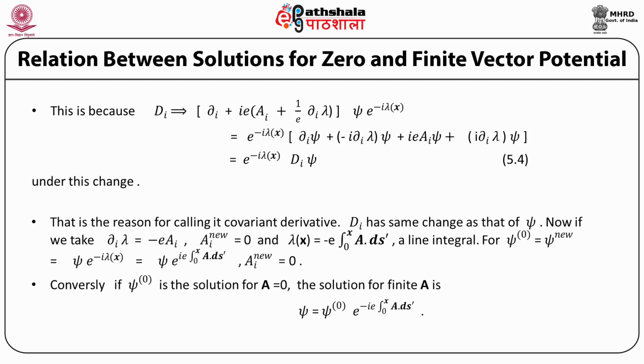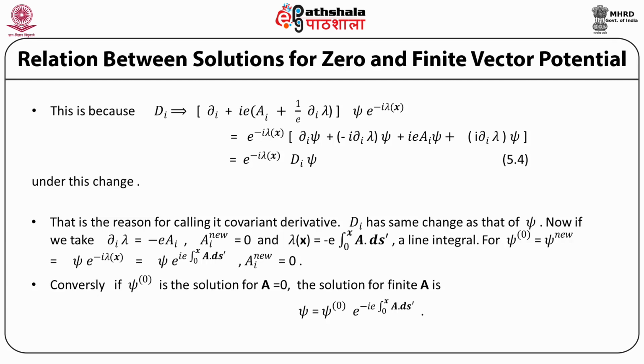This is the reason we call it a covariant derivative, because it changes exactly like the psi does. D_i psi has the same change as that of the psi. Now if we take D_i lambda equal to minus e A_i, the new A_i is equal to 0,